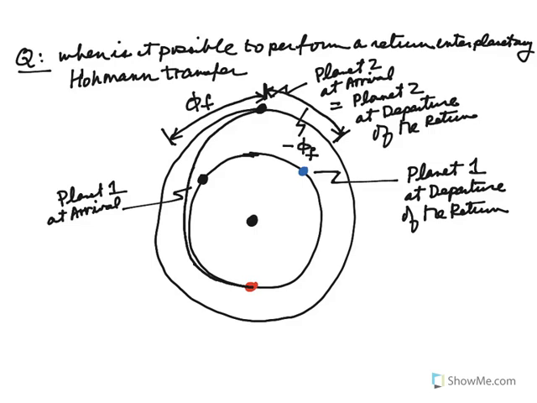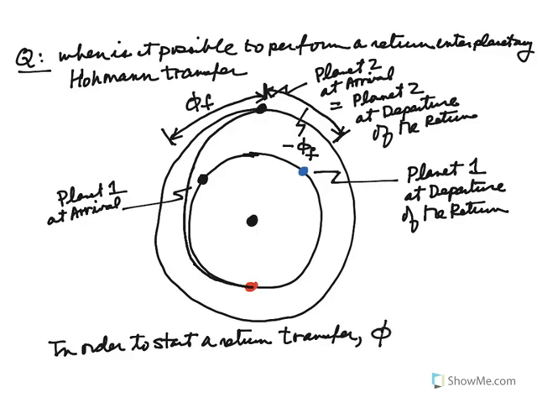So that means in order to start the return, to start a return transfer, phi has to equal minus phi f. So we're going to start everything now with this configuration. We're going to start this whole thing by developing the conditions for the return,